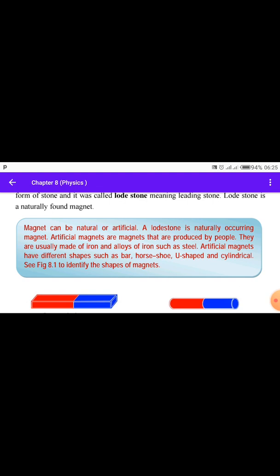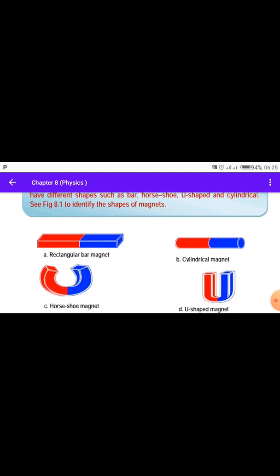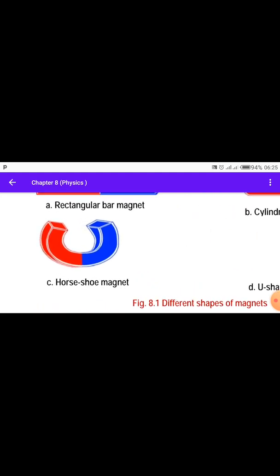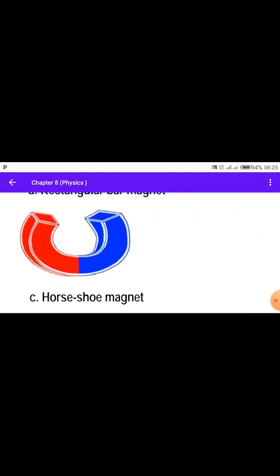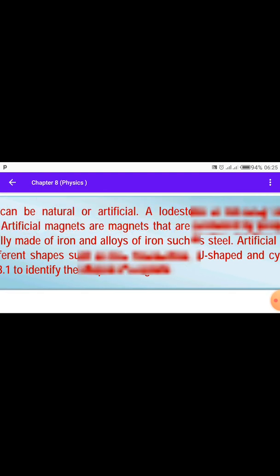Artificial magnets have different shapes such as bar, ይሄኛው ማለት ነው bar ማለት ይሄኛው ነው, bar magnet, and such as horseshoe ምንለው ደግሞ ይሄኛው ነው just እንደ የፈረስ እግር ማለት ነው እንደ ፈረስ እግር ያለ ማለት ነው, and u shape mean also here, u shape እንደ u ፊደል ያለች ማለት ነው አንዱ ኖርዝ አንዱ ሳውዝ ሆኖ ጫፎቹ, and cylindrical shape. Here it is cylindrical shape እንለው ደግሞ ማግኔት ነው